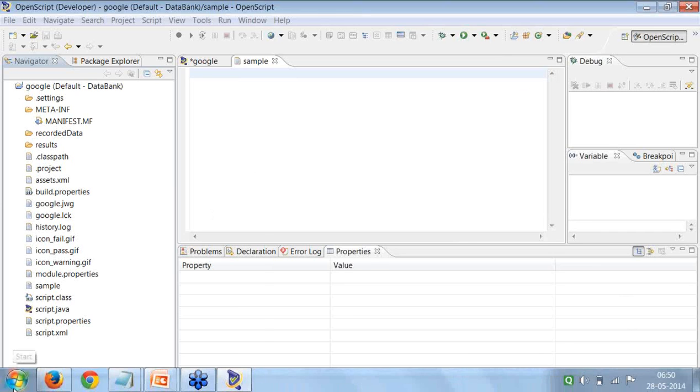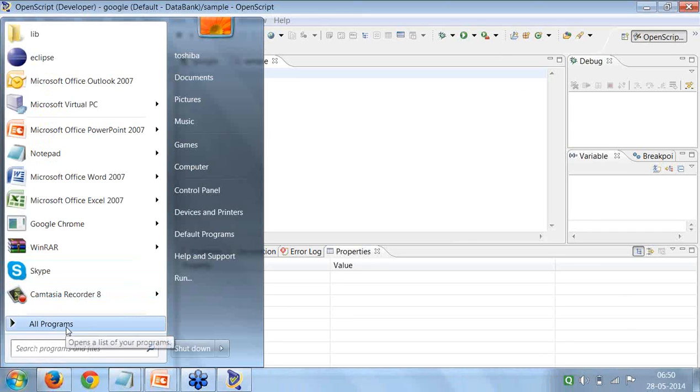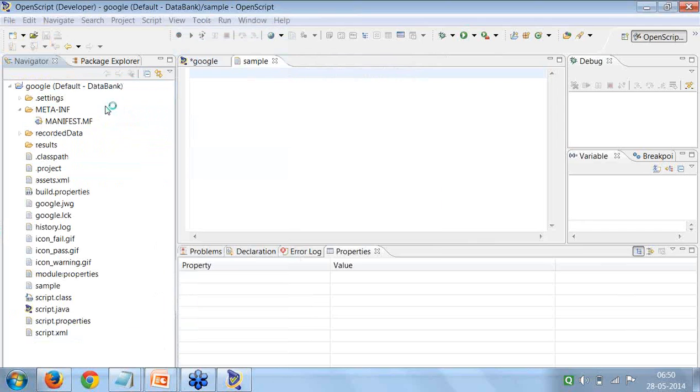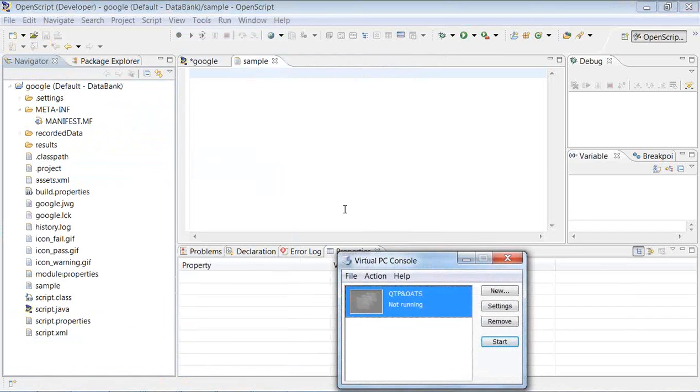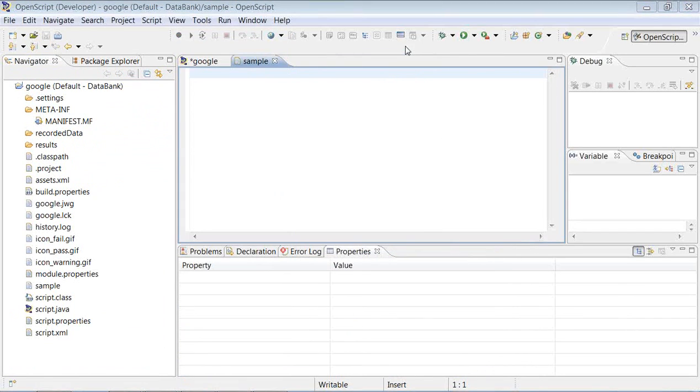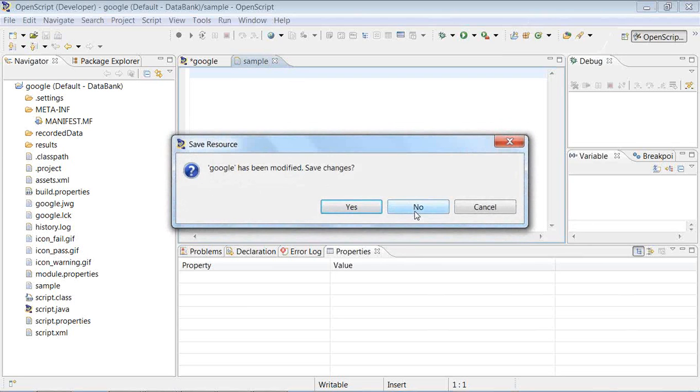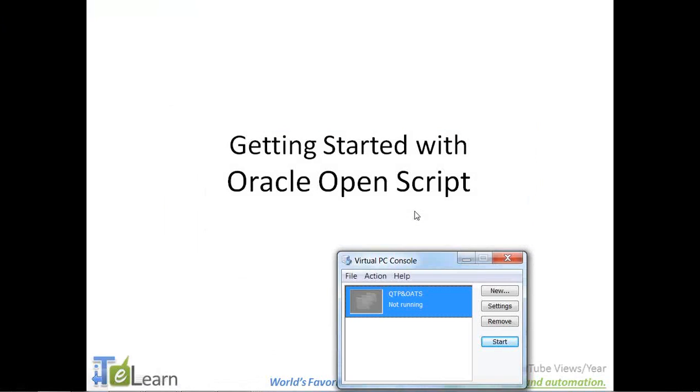Okay, so what I was trying to do is launch my virtual PC where I had the scripts recorded, because my operating system here is Windows 7, and the recorders I have here do not support Windows 7.